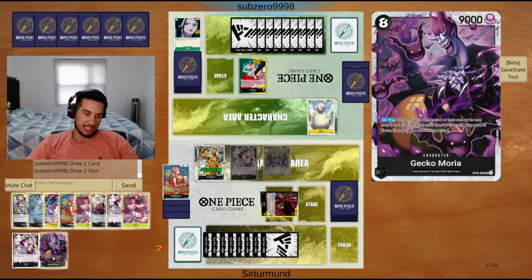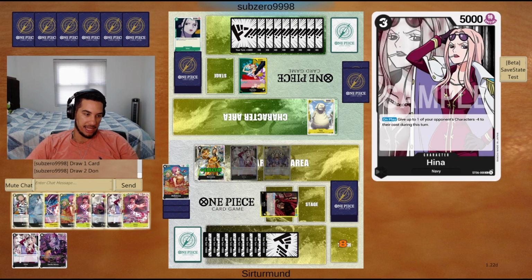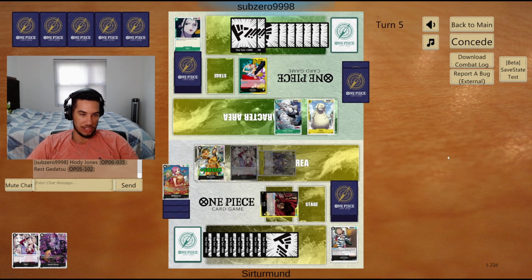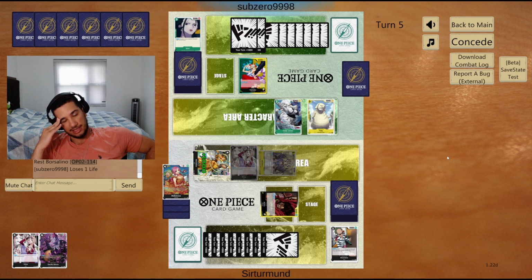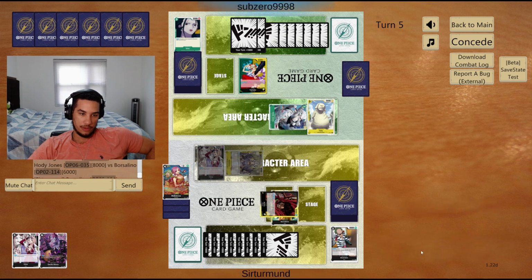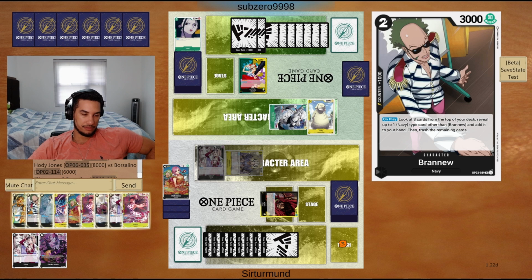I'm preparing for this Gecko. I want to play Gecko next turn. So we can go Gecko, Rebecca, get the 2k, play the Hina, play Viola to flip the Rebecca down. Yeah, that's the Hody Jones. They took a life. So even if they don't actually attack into my stuff...